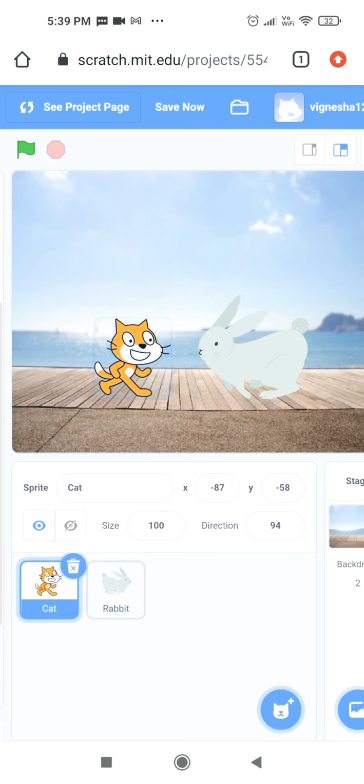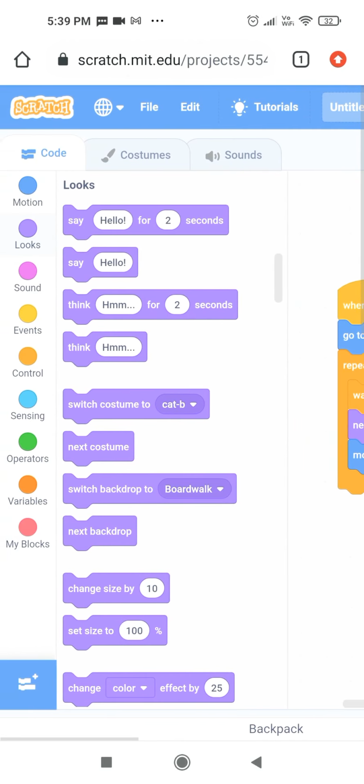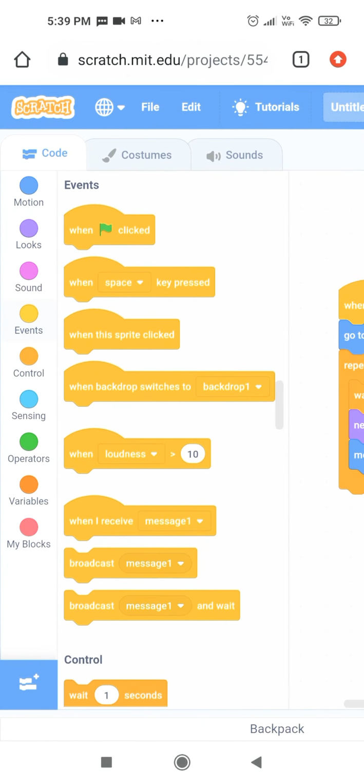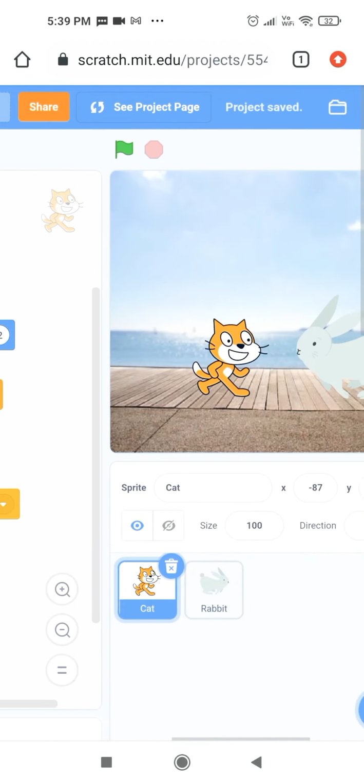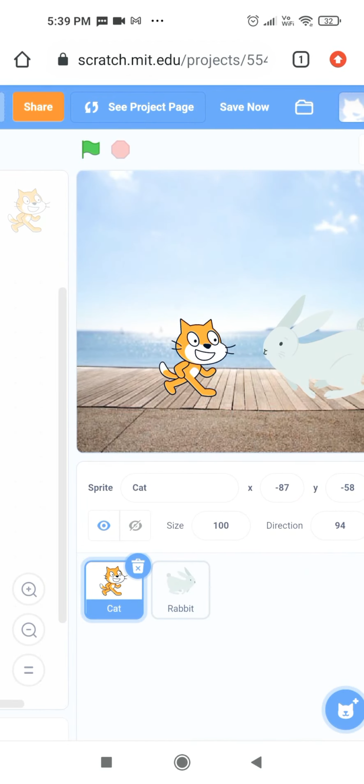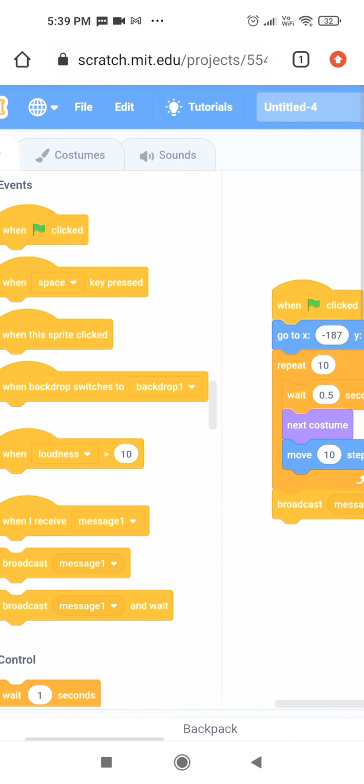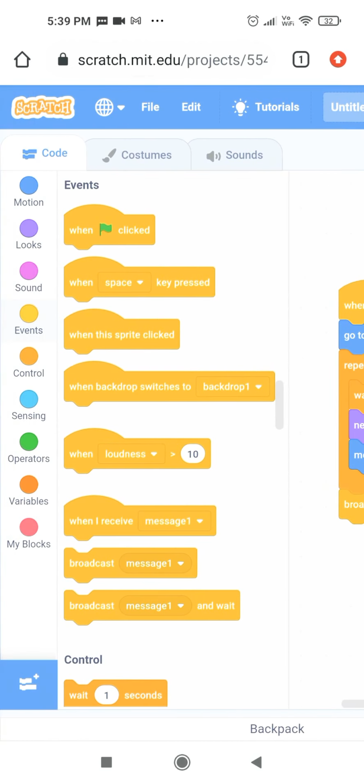Now we are going to do the conversation. Go to events, broadcast message number 1. Get the broadcast message number 1 and place it here. The cat is going to talk first. Before that we have to place some message.